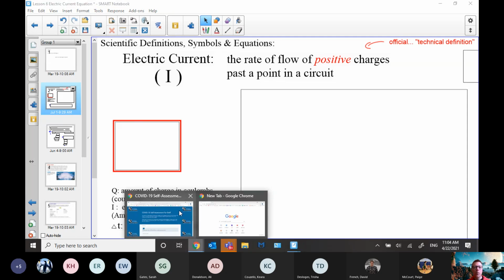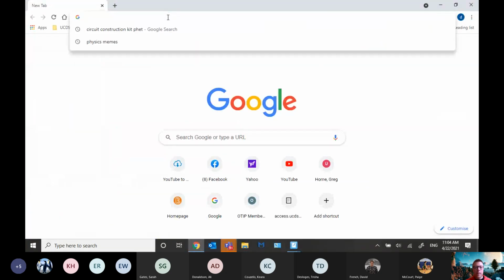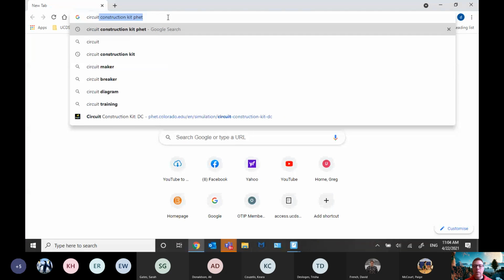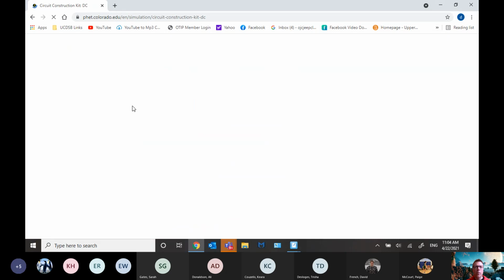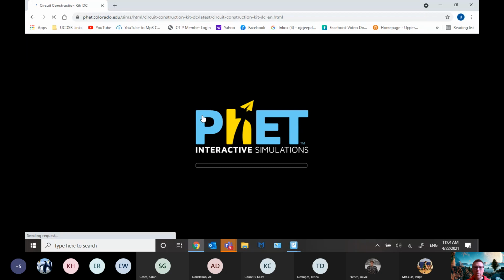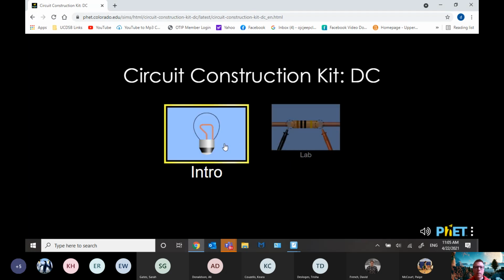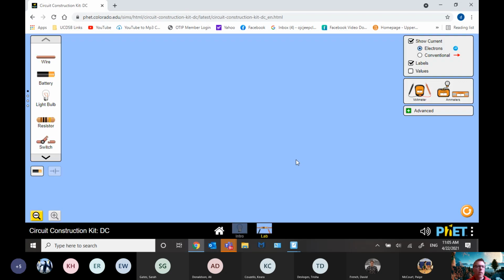And I'm just going to go over to here. I'm going to point out that the new version of the program, I don't know if the old version that I posted the file of has it or not, but the new version, Kayla pointed out to me yesterday, was asking about it. Loading. Lab. There we go. So if I make a quick circuit here,